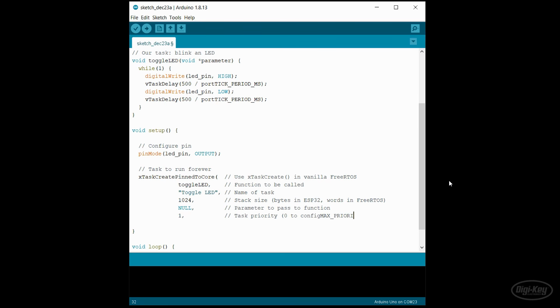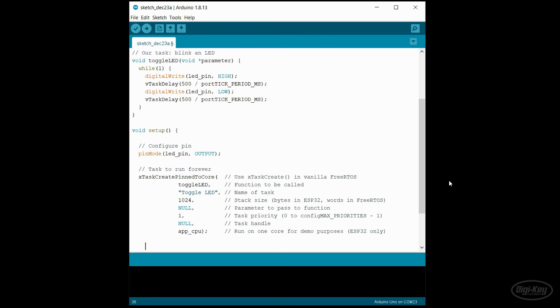If you would like to manage this task from other tasks or the main execution loop, you can set a pointer or handle to this task. That way, you can check on its status, watch its memory usage, or end it if necessary. Finally, for this particular function, we need to define the CPU core we want the task to run in. For this series, let's have everything run in core 1 of our dual-core processor. Note that this parameter is not present in the xTaskCreate function for vanilla FreeRTOS.